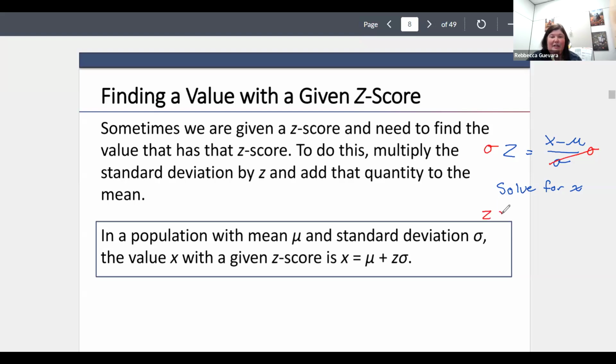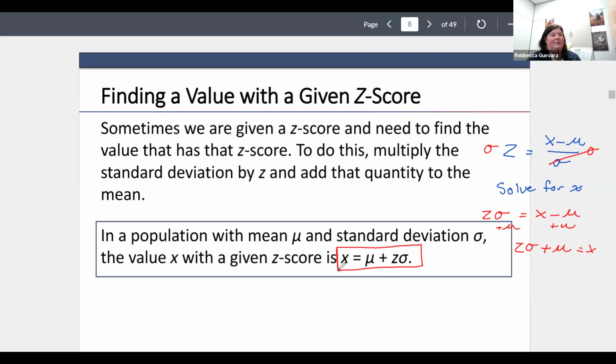We have z times sigma, so z-score times standard deviation equals x minus mu. Now, to get x by itself, I'm going to add the mean. So I'm going to have z sigma plus mu equal x. Or another way of saying it, x is going to be your mean plus your z-score